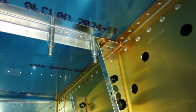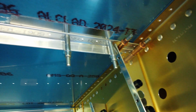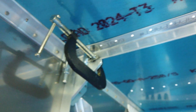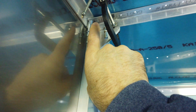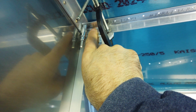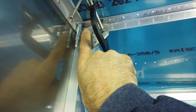Back underneath the airplane, I've got the angle piece clecoed back in place. I've got this end secure with clecos. I got a couple clecos through it and the skin. And at this end, I also have it secured with clecos. Now what I'm going to do is lay out holes that need to go between this bracket and this angle bracket here. There are no pre-punched holes like there are at the other end. So you have to make these up